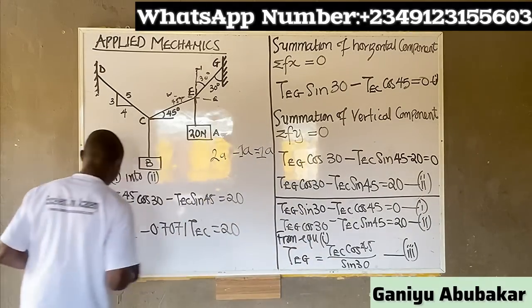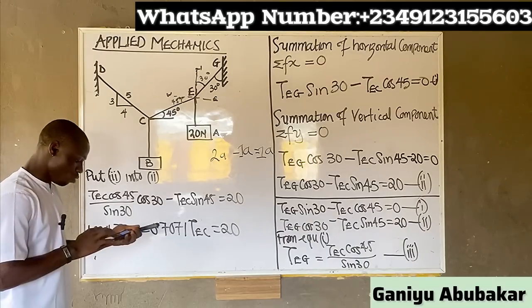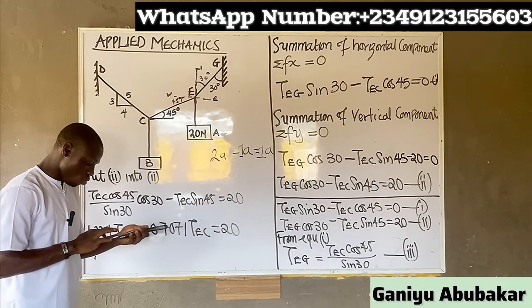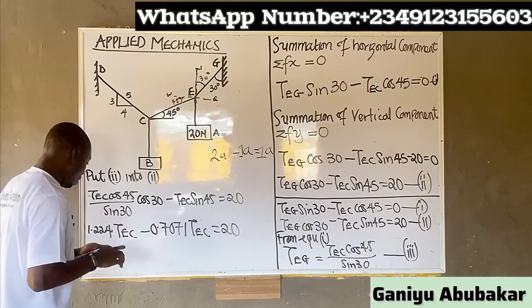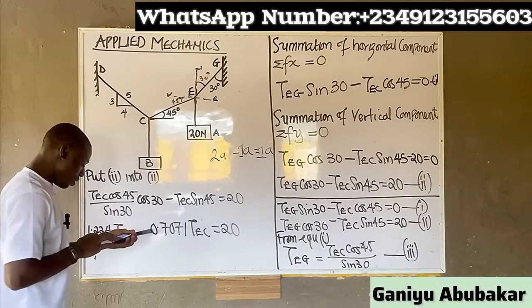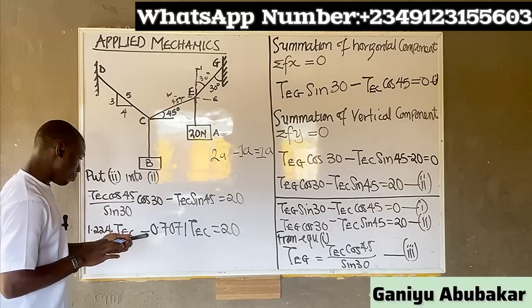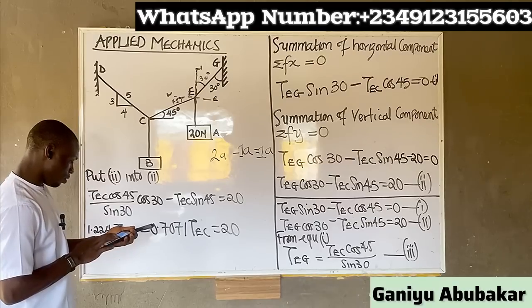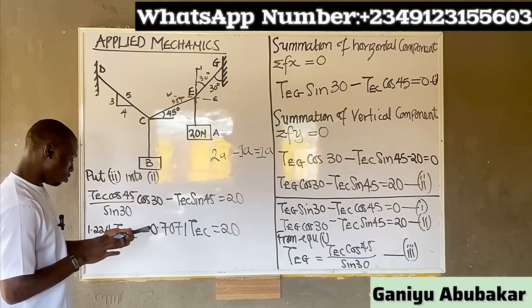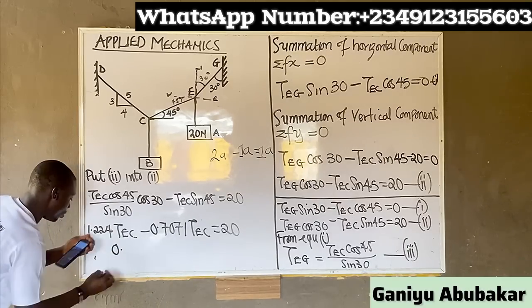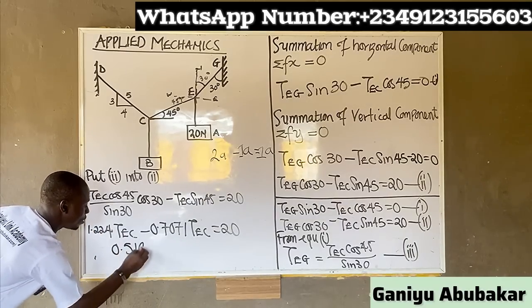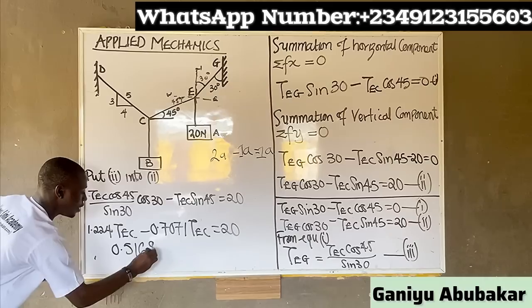So I'm saying that 1.224 minus this value here, 0.7071, that gives about 0.5169